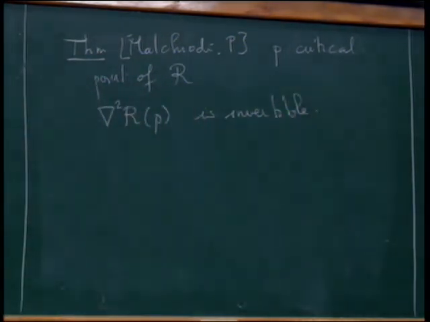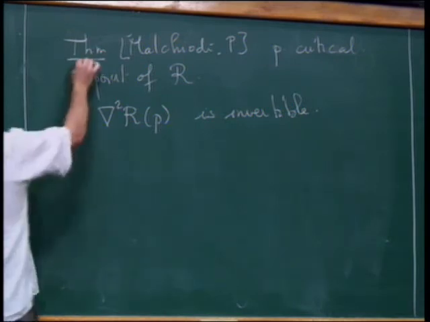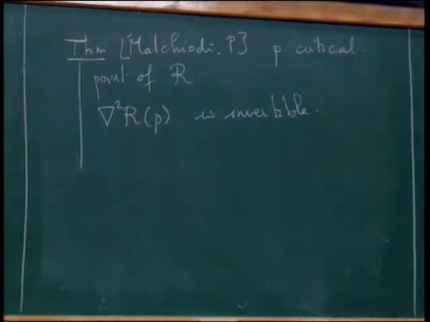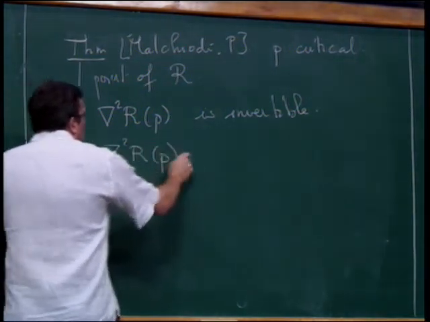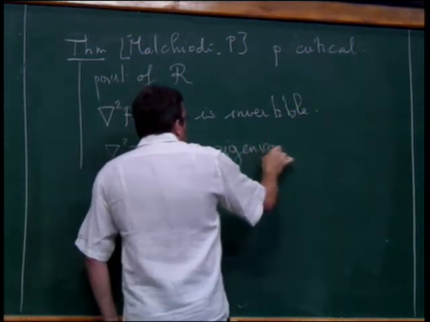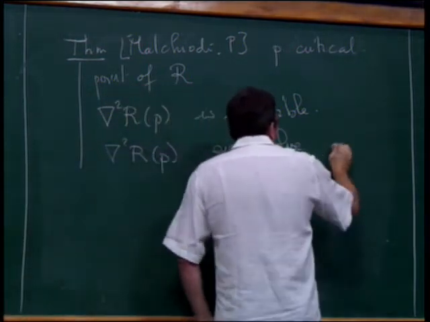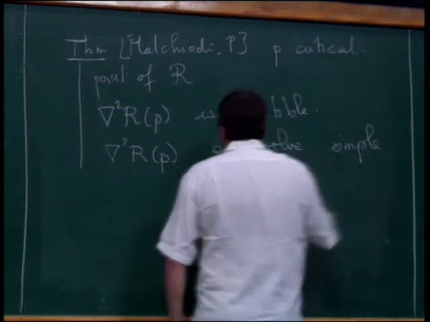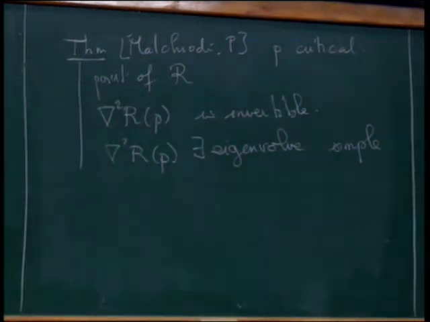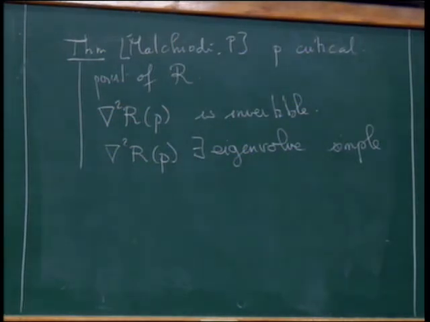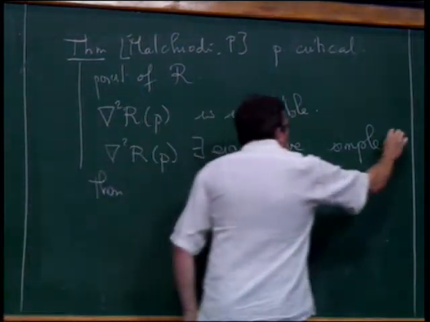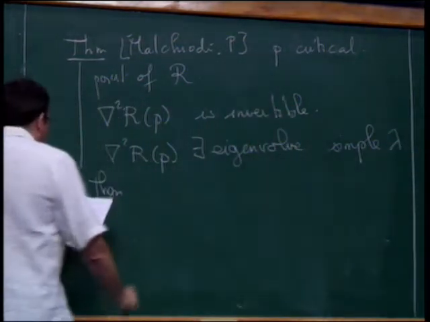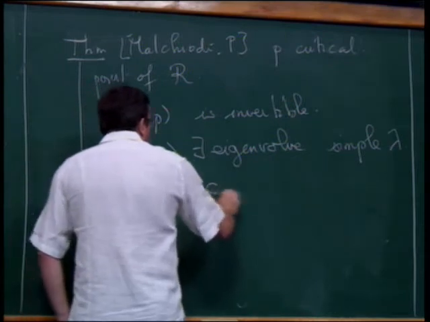And to simplify the statement, I will consider this Hessian as a symmetric matrix, and assume that the Hessian has an eigenvalue which is simple. So there exists an eigenvalue which is simple. This is just to simplify the statement. Then, let me call it lambda, there exist constant mean curvature surfaces